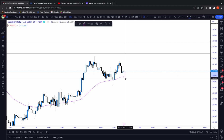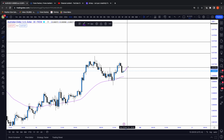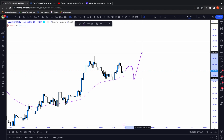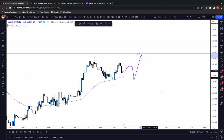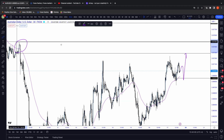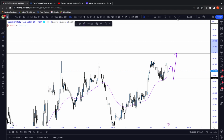If we get down here during Asian session or even Sydney session, then I'm not really going to be interested in that area for intraday longs. I think if we chop around and then get that London session, sell to buy, that would be more appealing to get back up into our overall POI, where we can be looking for distribution for selling opportunities. Okay,